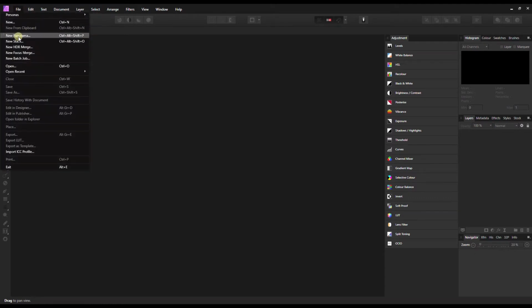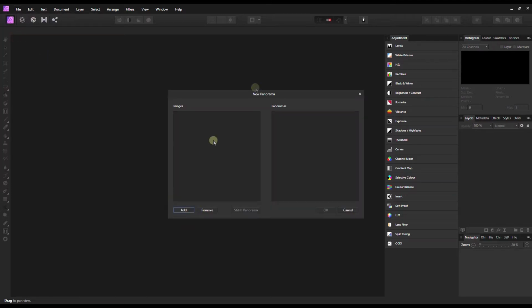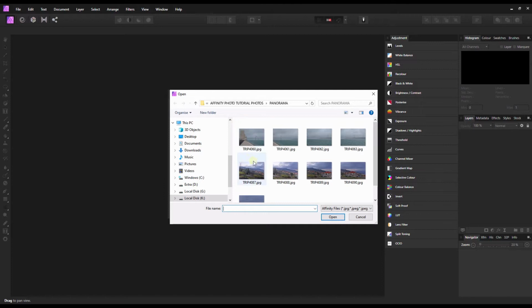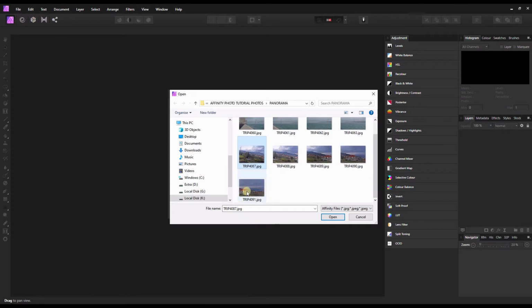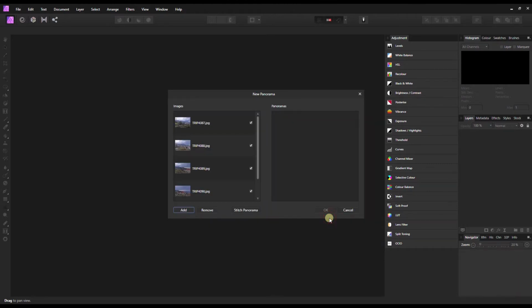So you go to the file and then you jump into new panorama and then you click add. Once you're there, you have to go select your photographs that you have taken and then select those photos, click open, and you have your photographs. Once you're done and you're sure about the photographs that you have chosen to stitch, you click stitch and wait